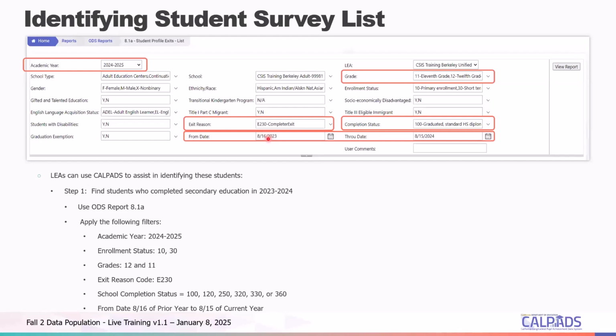So that's 8/16/2023 up to 8/15/2024. The reason why we recommend you use 8.1a over, let's say, end of year report 1.20 is because there may be a chance that a student may have completed high school but was not captured in the end of year submission. So that's the reason why it's better to run ODS report 8.1a.